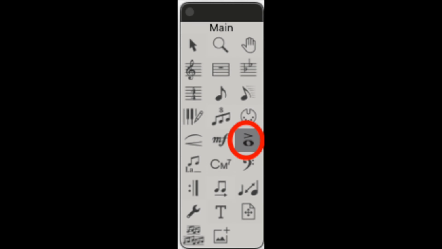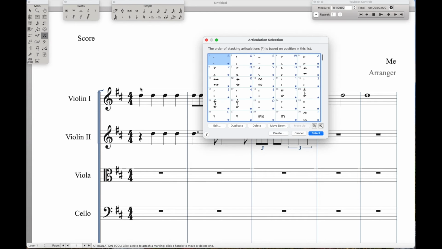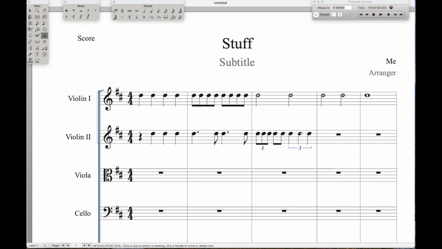Let's talk about how to enter articulations. First, select the articulation tool, which looks like this. The menu will come up and you can select whichever articulation you'd like. Shortcuts are helpful. A is accent, S is staccato, and you can always double-click over whatever note and select the